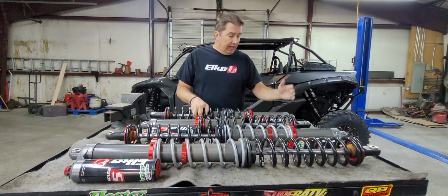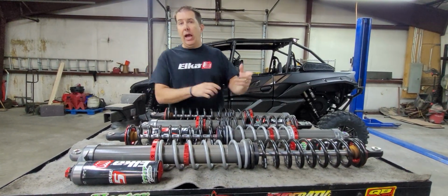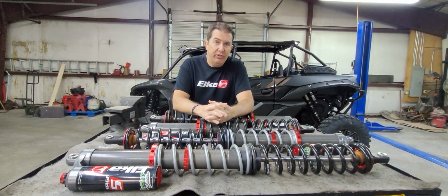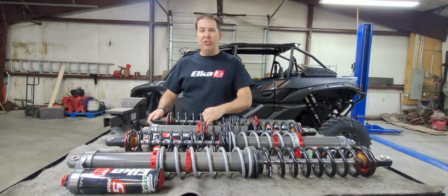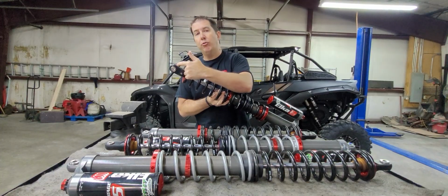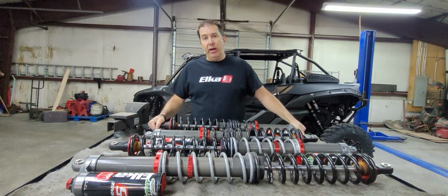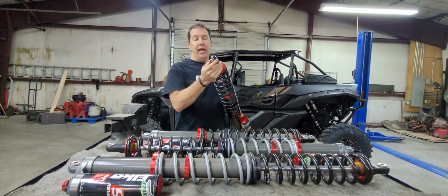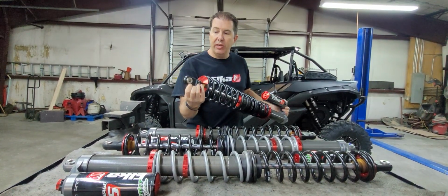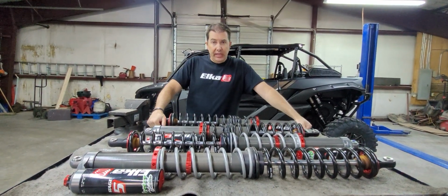Another thing that the Fox shocks are notorious for is the cheap bushings. I can't tell you how many times I scroll through the KRX pages on Facebook or see on YouTube, and the bottom bushings are just shot because they're cheap Chinesium. Well, we don't use bushings. We use an actual bearing on both top and bottom. So we have bearings with nice aluminum spacers. Everything is absolutely precision fitment. There's an O-ring there just to keep mud and everything out of the bearing. It's a sealed bearing. So it's all about durability, reliability,